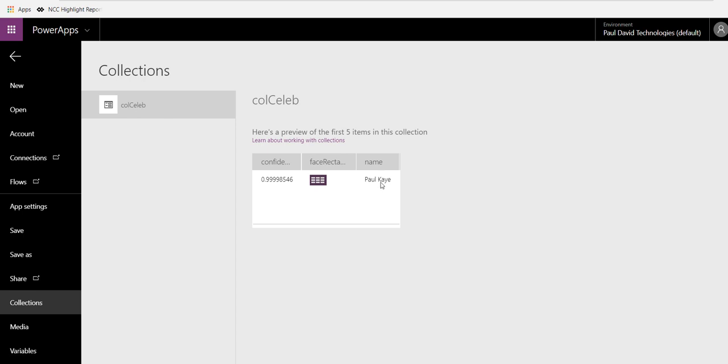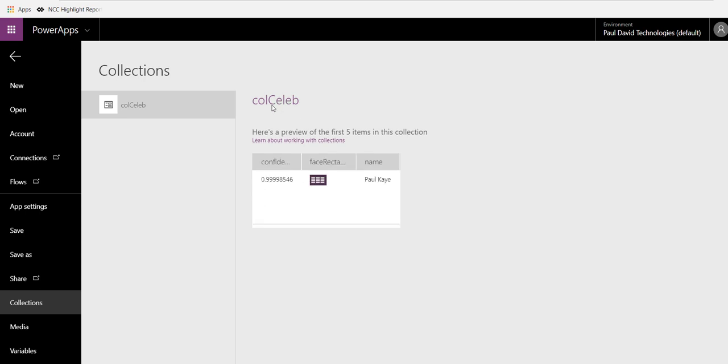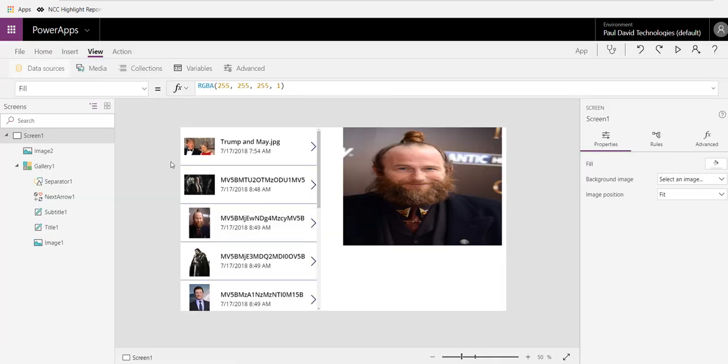So we've got the celebrity name, we've got the degree of confidence, and we've got a record which represents the face rectangle. So when we click into that, we can see those dimensions. Okay, so that's the information which is being returned to us. So that's great. So what we want to do now then is we can insert a data table,